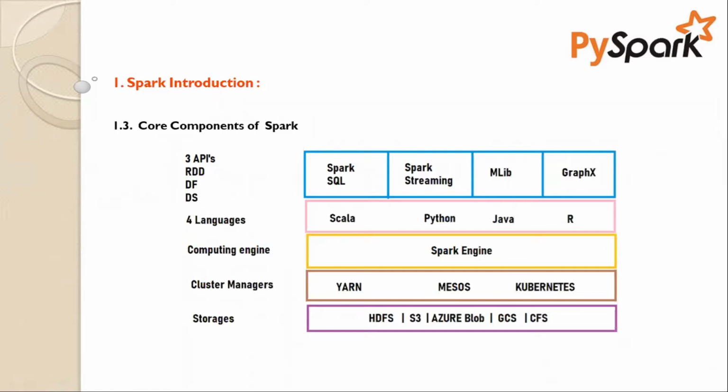The Spark engine also has its own Spark standalone cluster manager. Even if you don't want to use any cluster manager shown here, Spark is able to work standalone. We'll see what exactly standalone is, and of course it may use, as I told you, HDFS or S3 or Azure or GCS or Cassandra file system. As we discussed as part of the features, it supports as of now 4 languages: Scala, Python, Java, and R. The main components are Spark SQL, Spark Streaming, MLlib, and GraphX.